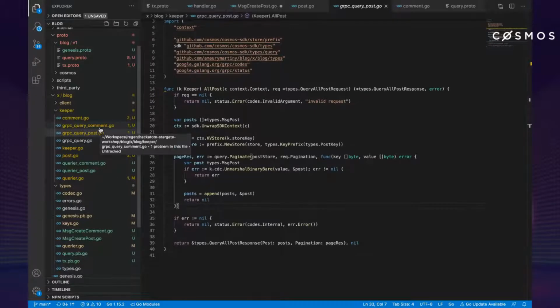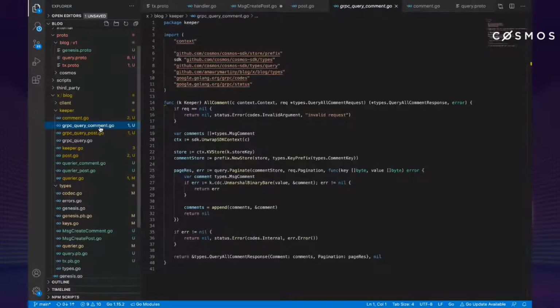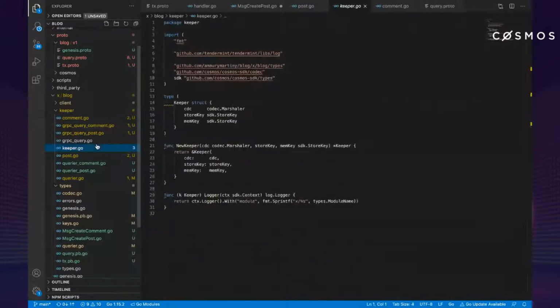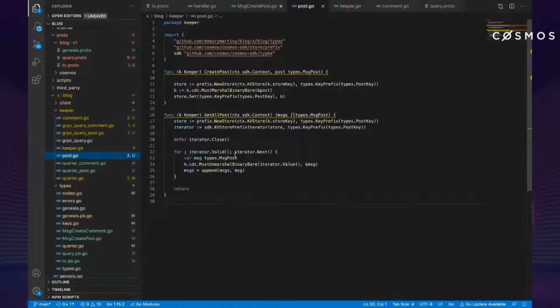For the comment, it will be exactly the same. As we know, the comment has a post ID. This post ID also gets passed into the request, and it will be the keeper's job, which I actually didn't do here. I don't think I'll have time, or maybe we'll see at the end if it's interesting for you. In the keeper, where we iterate the iterator, we actually don't want to append everything, but only, I'll do it quickly, if